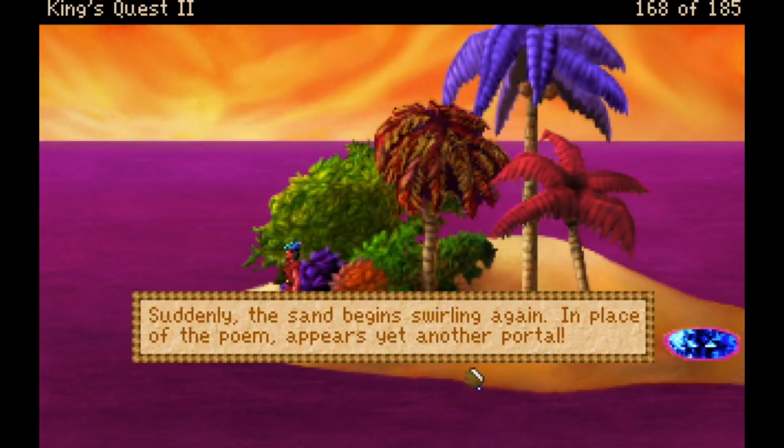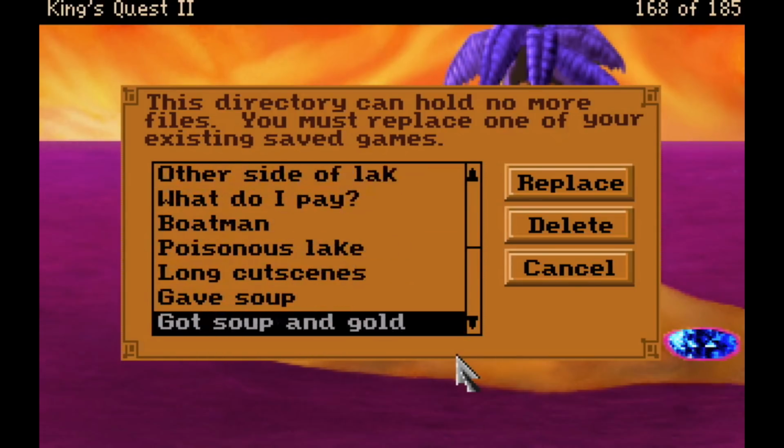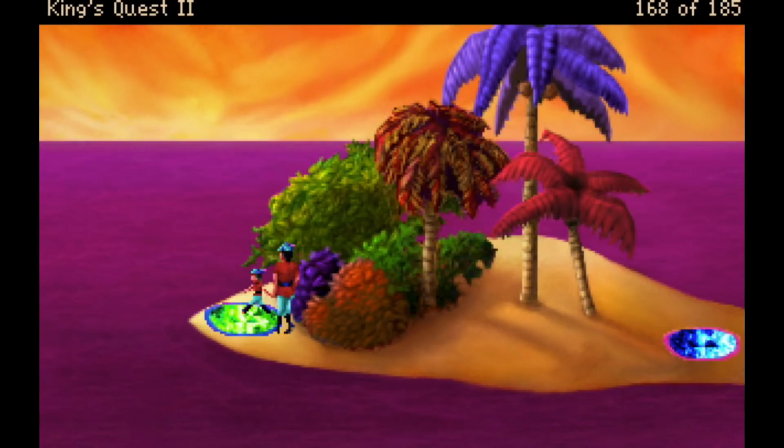Suddenly the sand begins swirling again. In place of the poem appears yet another portal. Wow. Did I already make a thinking with portals joke? I don't remember. But anyway, now we're thinking with portals. Let's go ahead and save the game here because I think if we go through this portal...